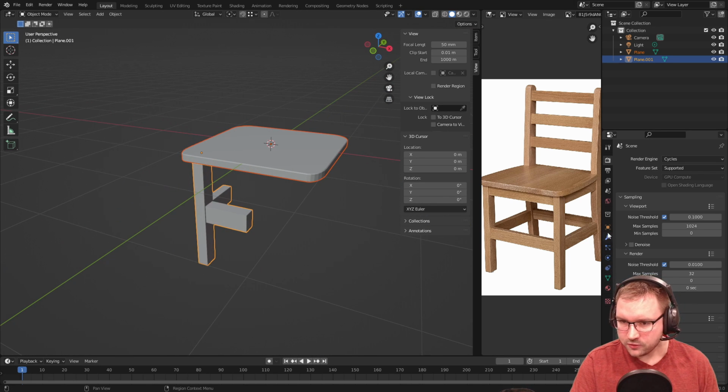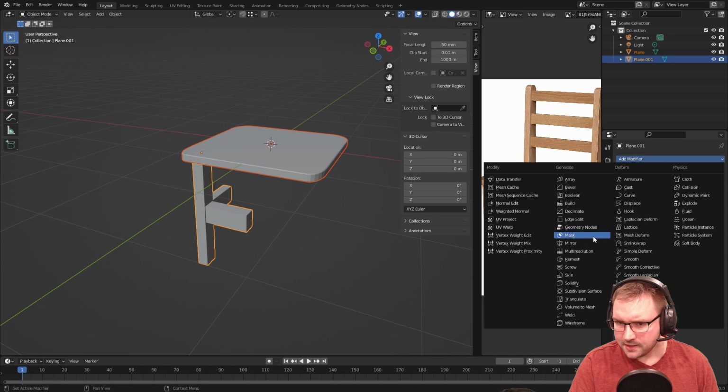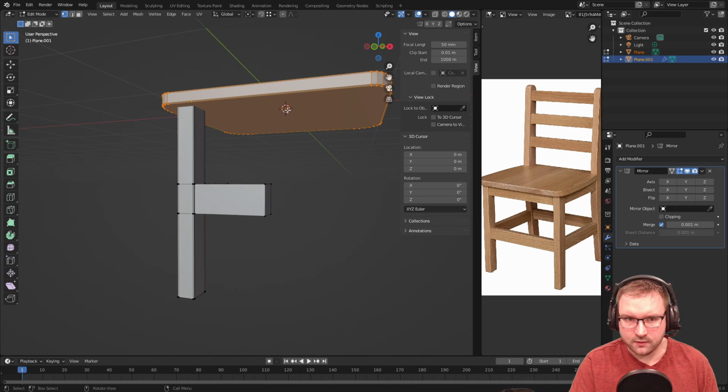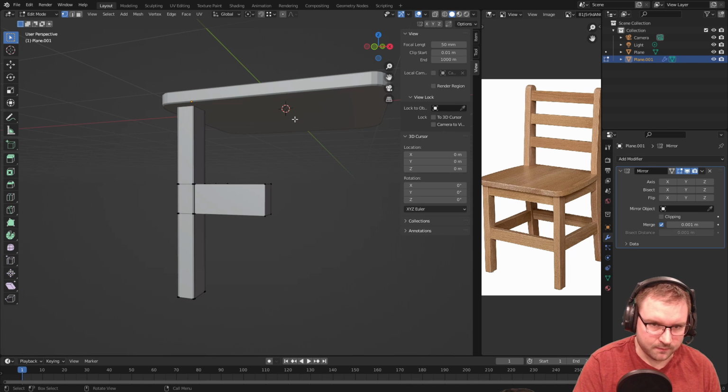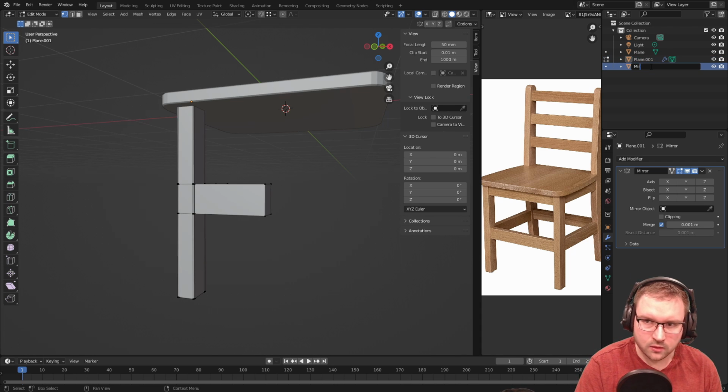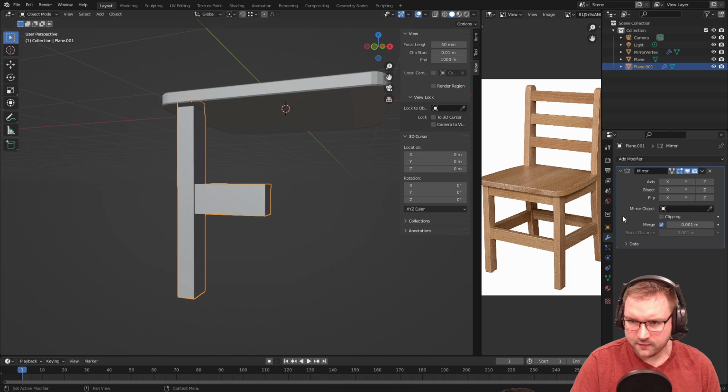All right, let's try our mirror modifier. So go down to modifiers here. Let's add a mirror modifier. We want to do it about the Y. So we want to mirror it about that vertex. So what I'm going to do is make this vertex its own object by hitting P, parent by selection. And let's make sure we got the right one. This one I'm going to call mirror vertex. So now if I go into the mirror modifier and I select that mirror vertex,